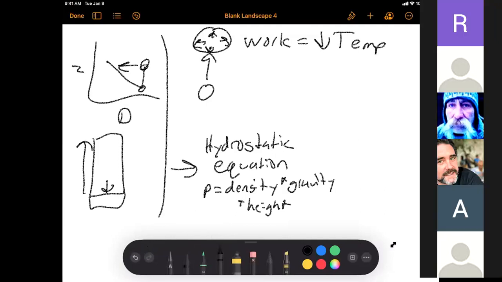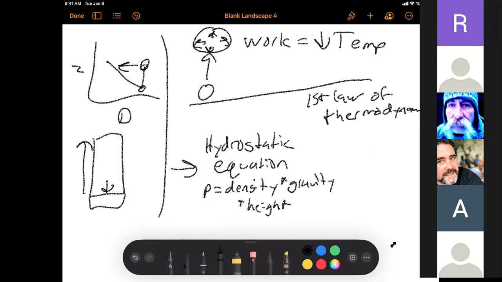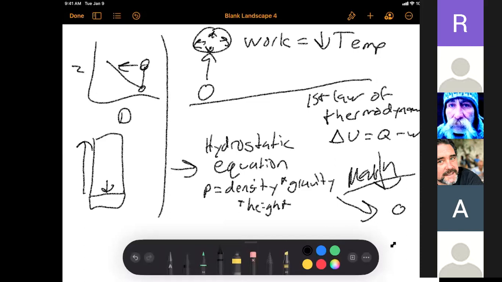So if we take that with this up here, which is the first law of thermodynamics, which basically says that a change in the internal energy must come from either heat or work, okay? If we take these two together and we do this lovely thing called math, basically all these equations end up simplifying down to one term that describes our lapse rate, and that is G